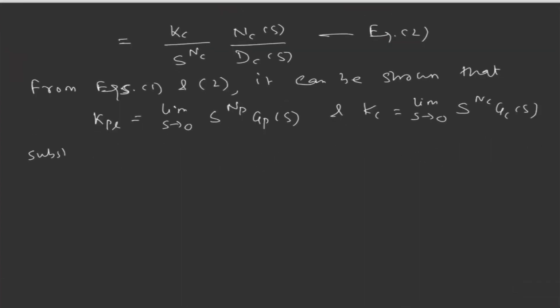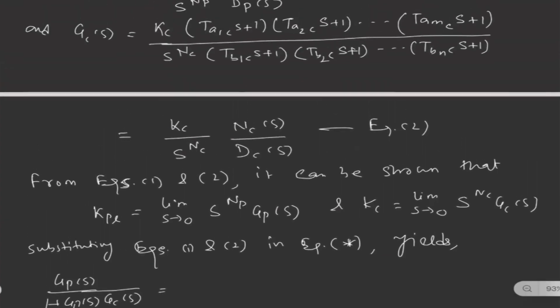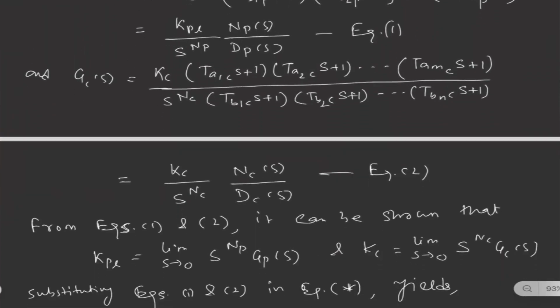Substituting equation 1 and 2 in equation star yields, we can write G_P(s) divided by 1 plus G_P(s) G_C(s) equal to, if you substitute for G_P(s),